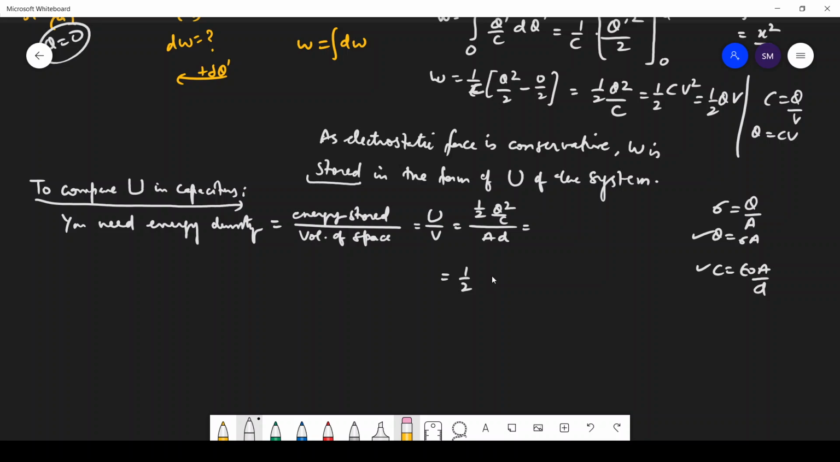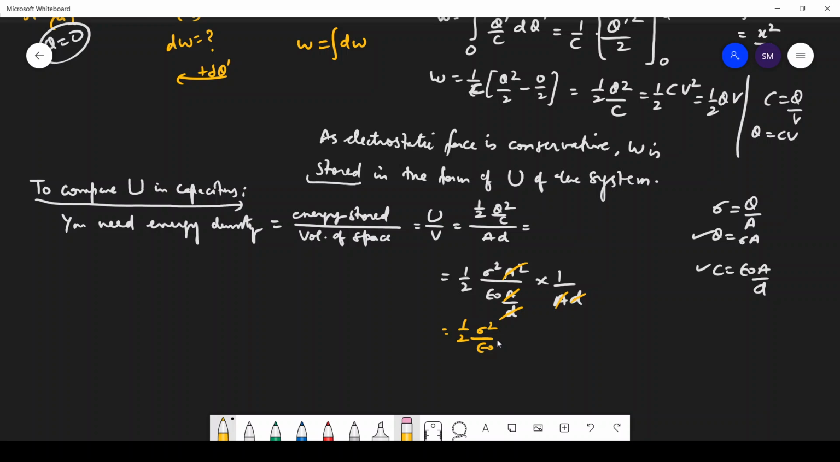So I will get 1 by 2 nu square A square upon C is epsilon naught A by D, divided by A by D. Now what will cancel out? This A square is definitely going to cancel out. This D is also cancelled out. And we get the energy density that's equals to one by 2